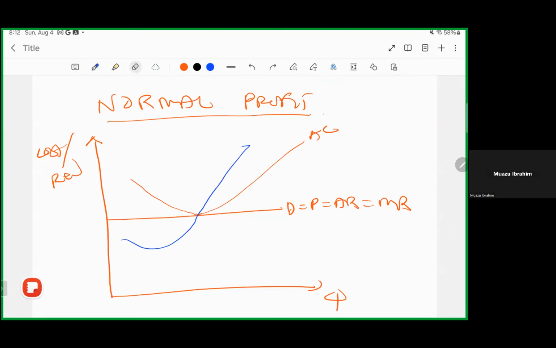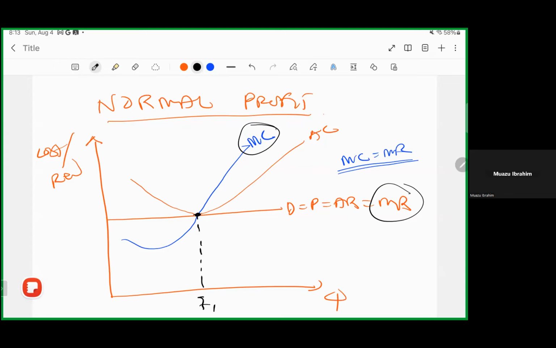The marginal cost curve will pass through here. So this is our marginal cost curve. What will be the profit maximizing output? At a point where marginal cost is equal to what? Marginal revenue. This is always the starting point. So here, what is the marginal cost? It's here. And what is the marginal revenue? It's here. Where do they meet? They meet here. At that point, what is the output? You trace it to hit the output level, Q1.